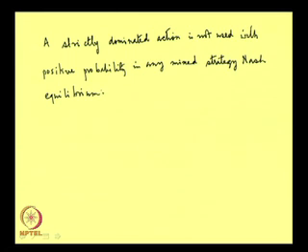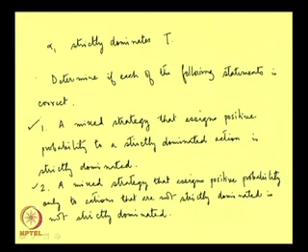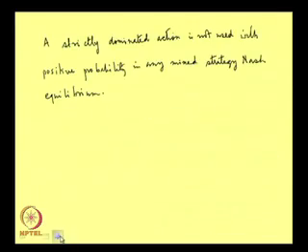So, this is a fundamental result of mixed strategies and Nash equilibrium, that if I have an action which is strictly dominated, then it is never used with positive probability in mixed strategy Nash equilibrium. This is basically coming from the first statement that we have seen before, because a mixed strategy which is assigning positive probability to a strictly dominated action is getting strictly dominated. So, if it is getting strictly dominated, there is no reason why it should be played in Nash equilibrium. So, this is the reason why we are getting this result.